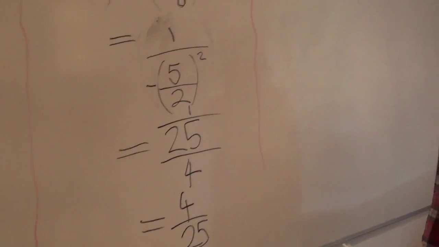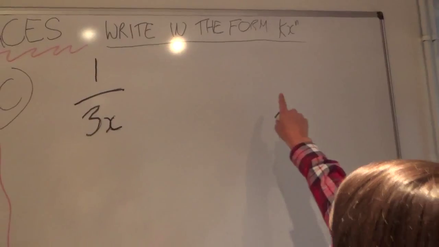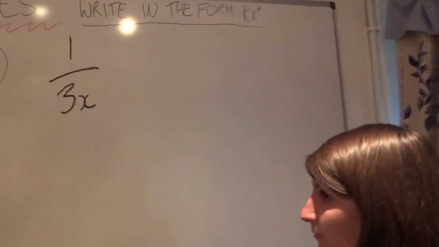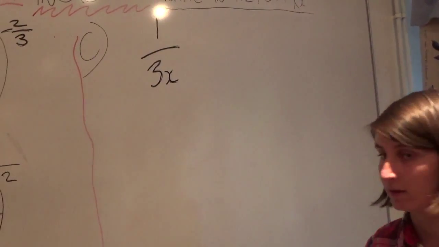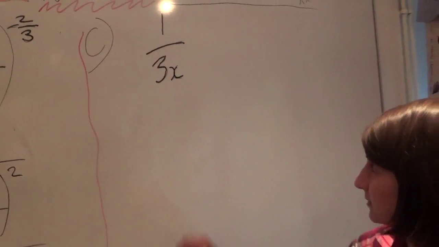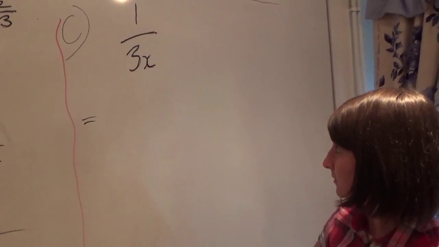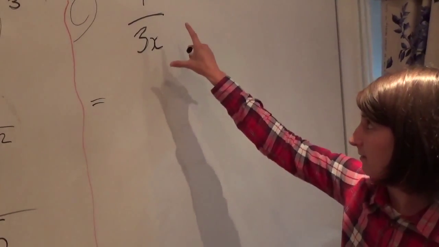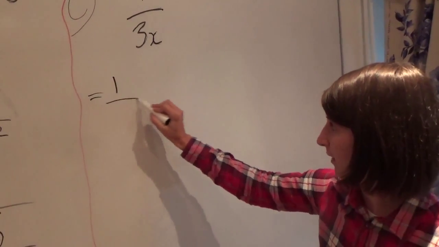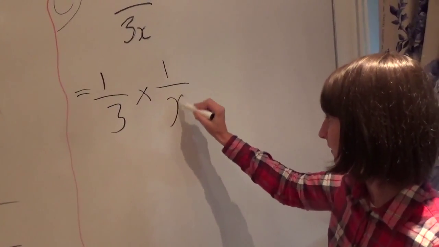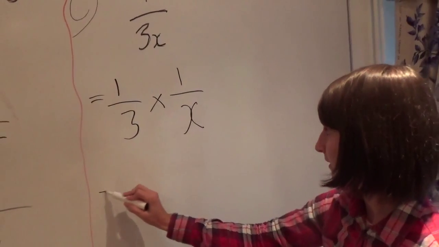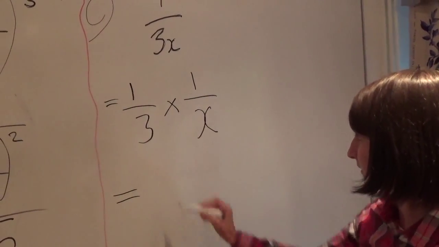Okay, what about this last one? This is a different one, isn't it? Yeah, so it's asking you to write it in the form kx to the power of n, where k is an integer and n is a power. Yes, okay. So the first thing to do is to essentially split the fraction up, so it would become 1/3 times 1 over x, and then this becomes